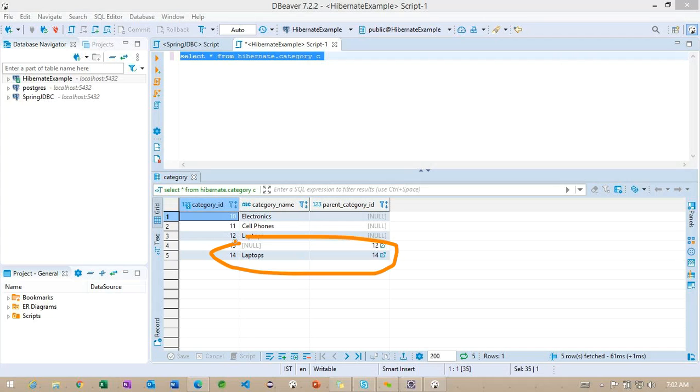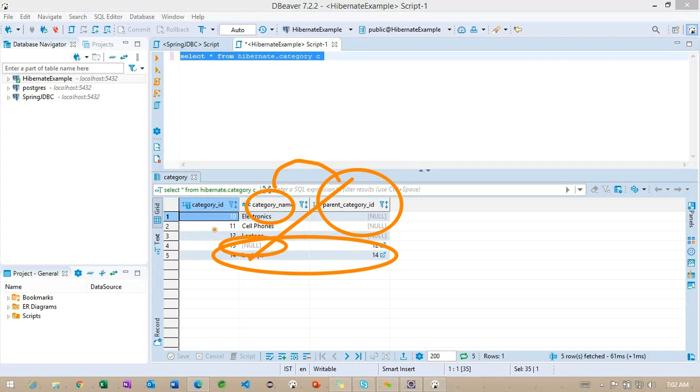This particular record we saved with the save method. Whenever we call the save method, along with this category name, we are able to get the parent category ID, because we used the cascade save-update. And earlier, the ID was 13.